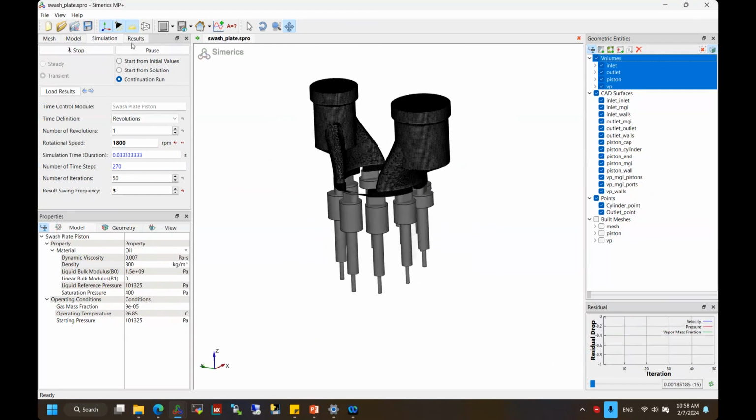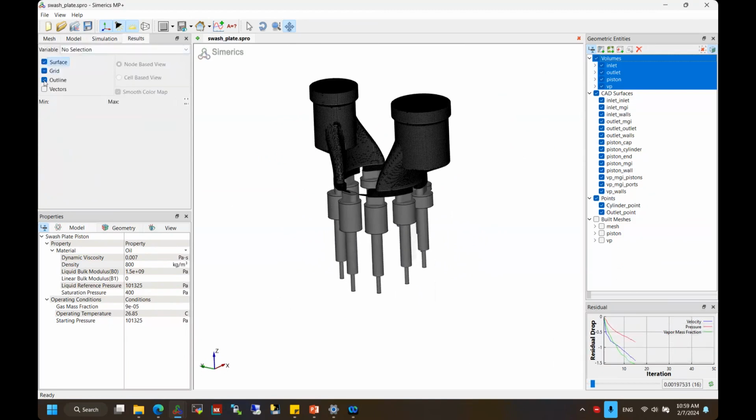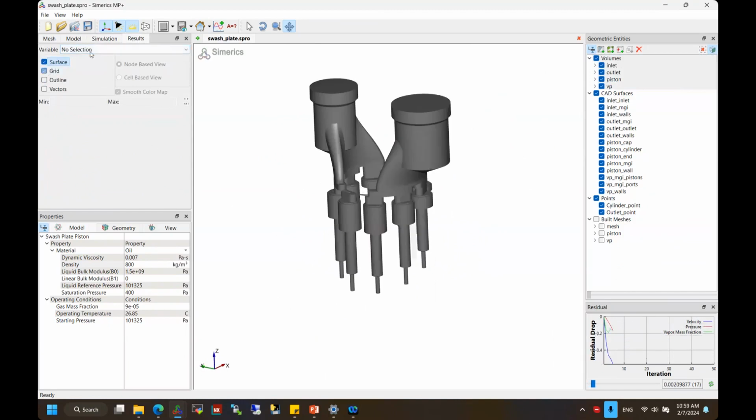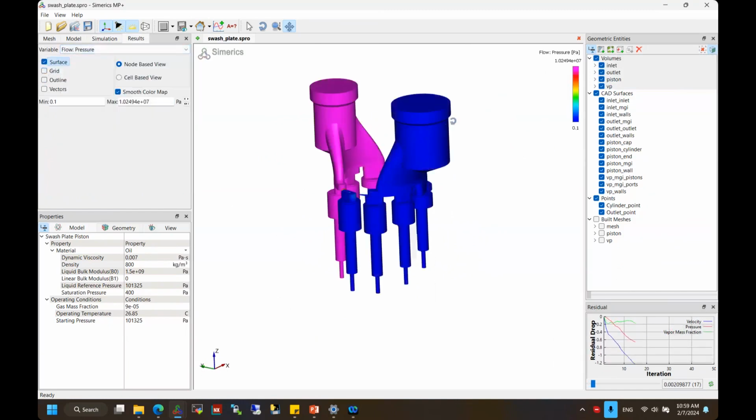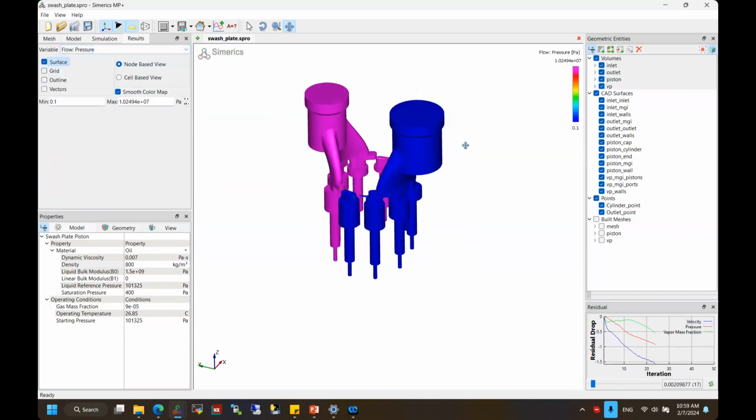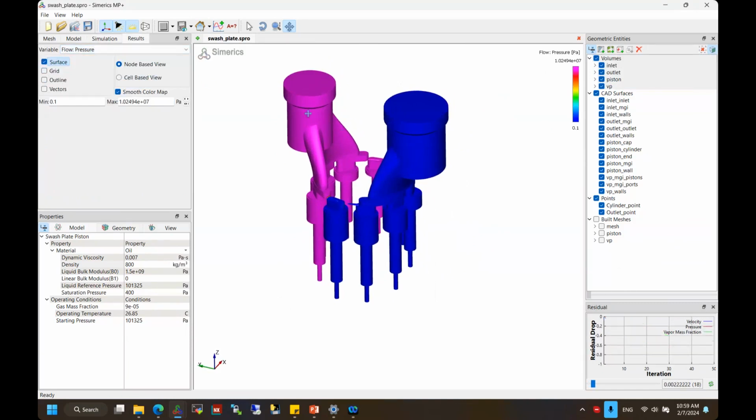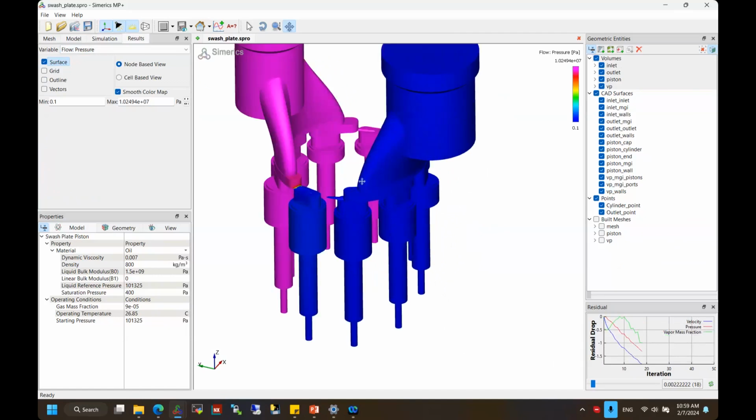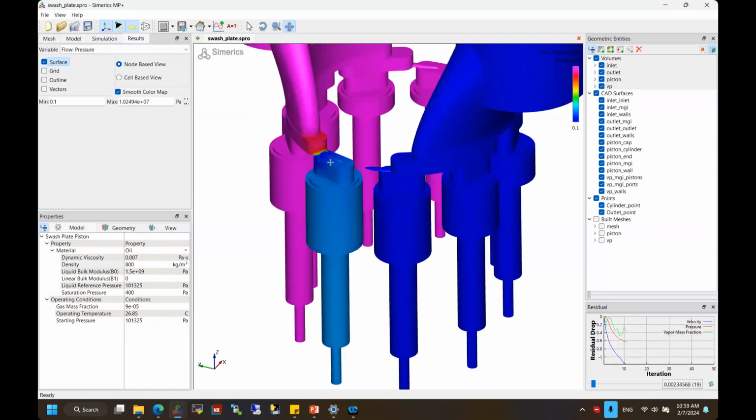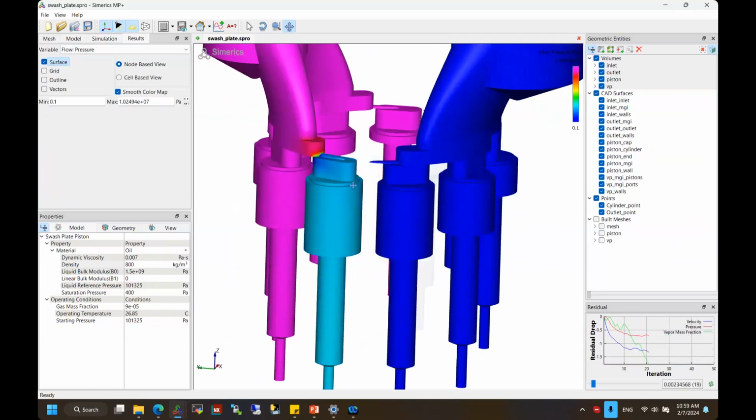So we can visualize what the cavitation bubbles look like. And first, let's look at the pressure distribution. So this is how the pressure looks. And you can see we have a high pressure at this discharge port. And as this piston moves, what you will notice is first this piston compressing,